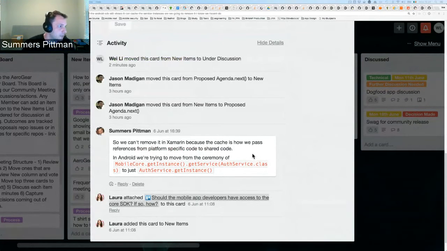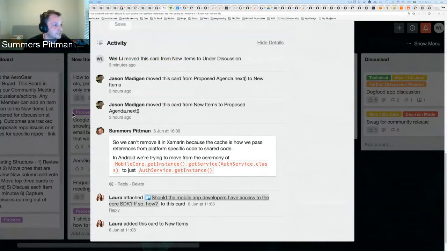So once we got rid of Android starting up the service and caching it, the question is, do we still want services, when they start up, to cache themselves in Android? The answer is there's really not a good reason to do that. So the refactoring we're trying to do is, instead of get service auth service, move to just auth service.get instance.